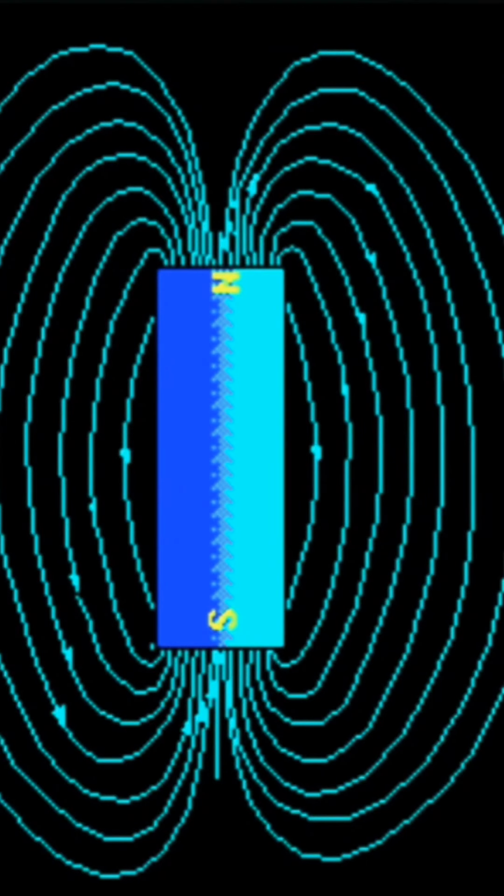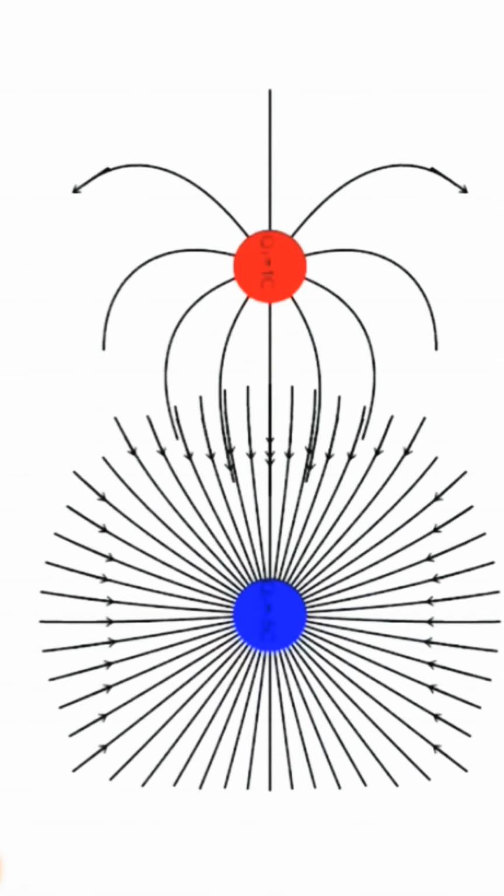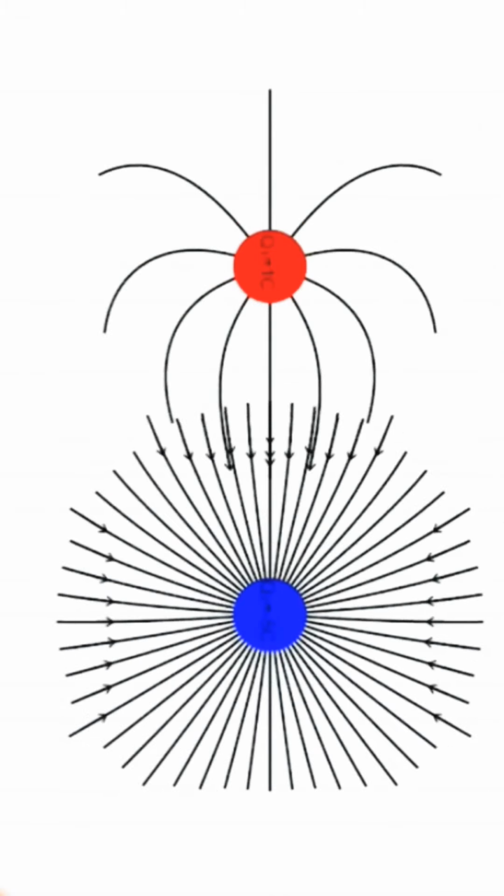When we observe these closed patterns, it shows that magnetic lines appear to arise from north pole and move towards south pole. This means within the magnet these lines move from south pole to north pole. Iron filings arrange densely at poles. This shows that magnetic strength is more at poles compared to other regions.